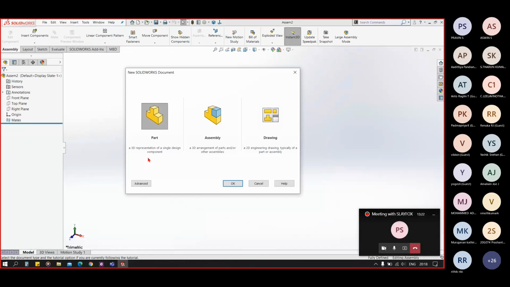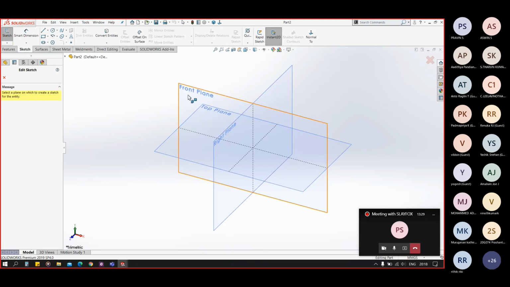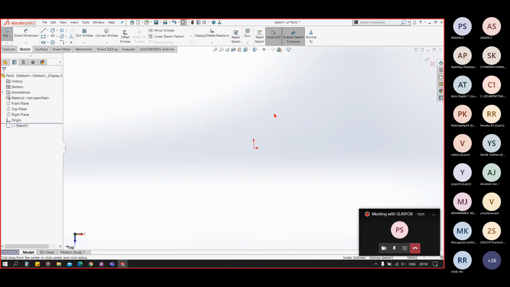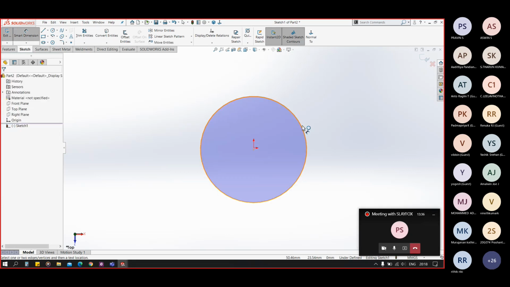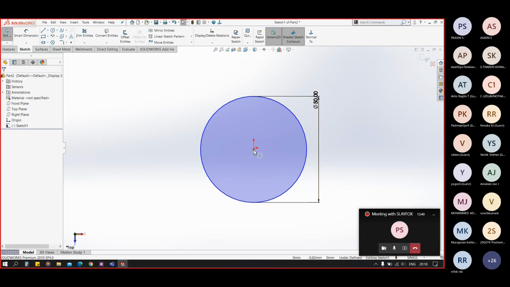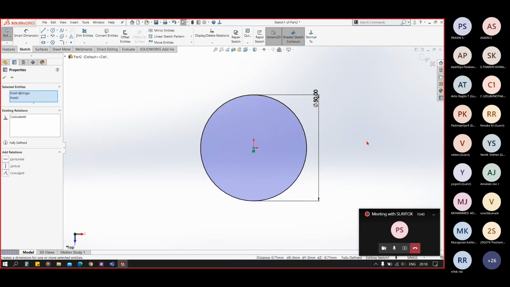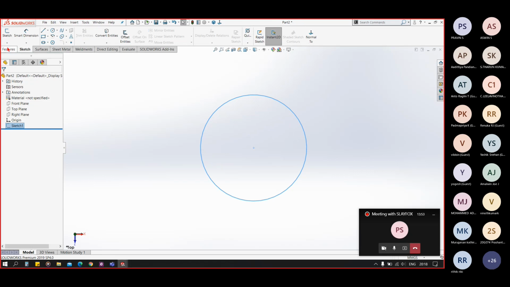You close this part and open a new part. In this case, I'll create one more part, a circle of 50 mm diameter. I made the center of the circle and the origin coincident using our relational constraints so that it becomes fully constrained.